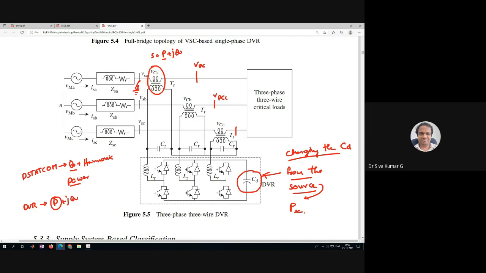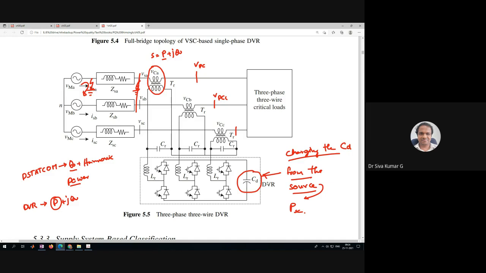It means that at the terminal voltage, or in the upstream also, it is experiencing a fault. Maybe at the source, at this particular point, maybe in the upstream also, it is experiencing the fault. In that case, the fault current is very high. Don't think the fault current is equal to the load current; it is obviously a very high current. In that case, the source has more burden in driving the fault current.